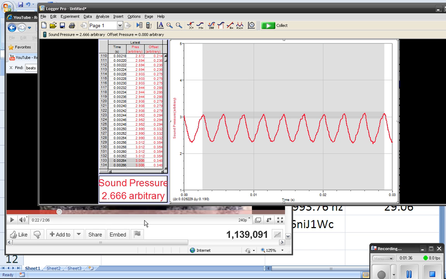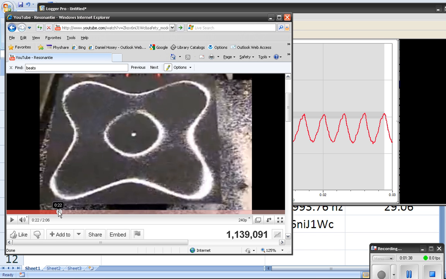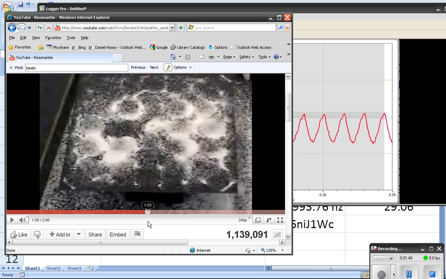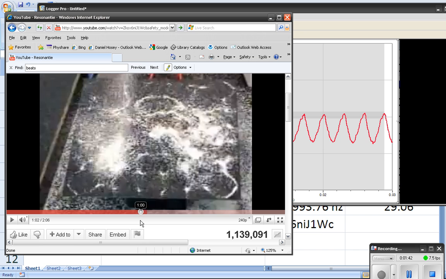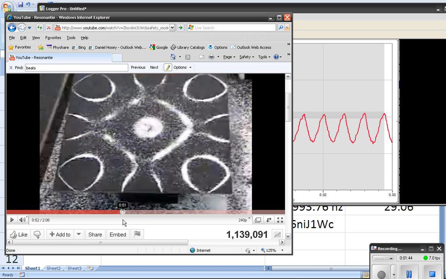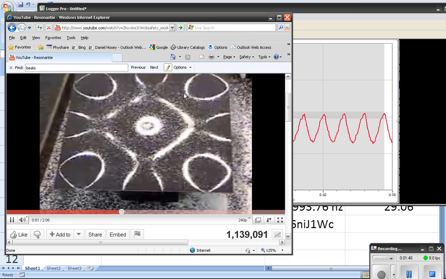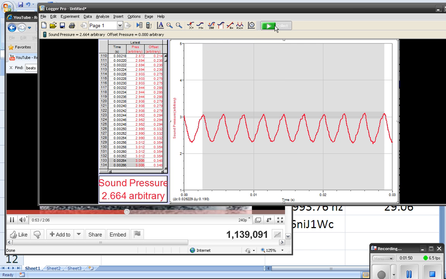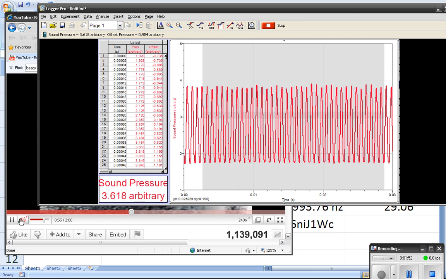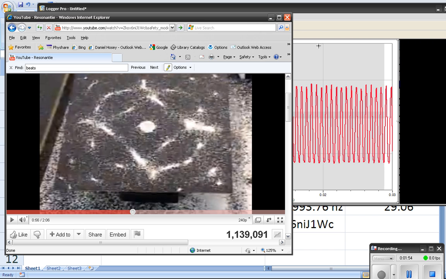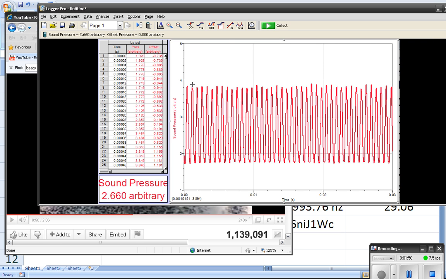Let me just show you really quickly what it looks like for a higher frequency. Say if I go up to 51 seconds or so, there's a pretty good one. So I'll go a little bit before. I'll hit start, and then I'll hit collect again. I'll pause so that people don't hate me. 1, 2, 3, 4, 5, 6, 7, 8, 9, 10,